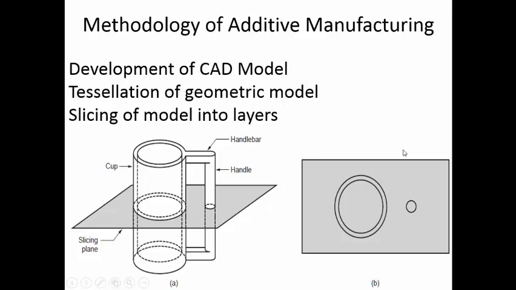So what are the various steps involved in additive manufacturing? Now basically additive manufacturing, as we discussed earlier, involves addition of material layer by layer. Now the entire additive manufacturing process is controlled through computers because the requirement of accuracy is very high. Usually the motion of the manufacturing system is controlled through programs which are generated through special softwares.